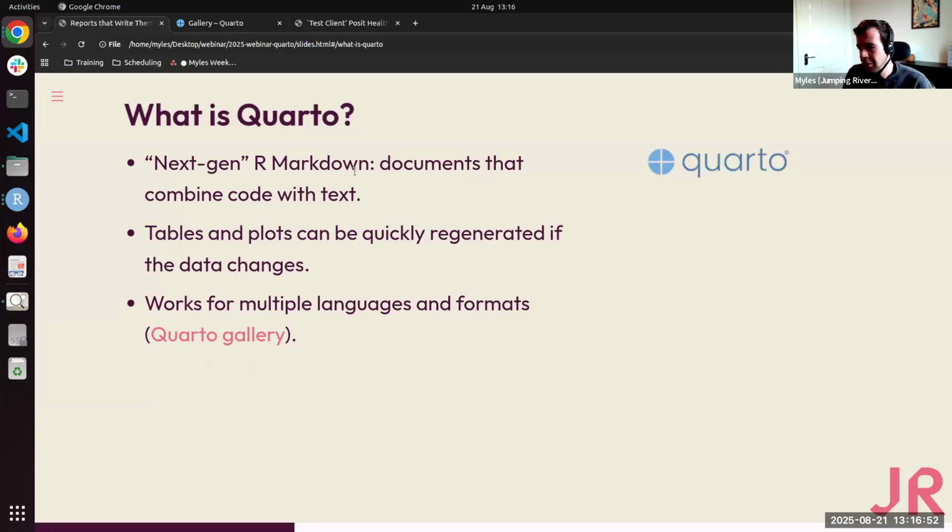So everything you see during this presentation, all of the animations that you see, all of this has been produced with Quarto. We're not really going to be going into how to create presentations with Quarto. We're going to be focusing more on the reporting side. But just so you're aware, you can also create professional presentations with Quarto as well, which you might find useful.